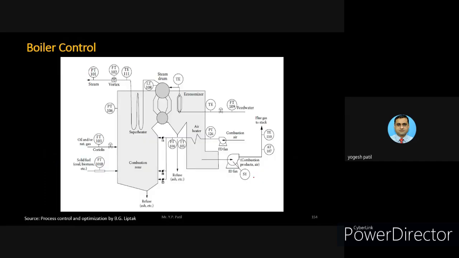So there are different parameters that are required to be monitored and controlled in the boiler. What are those parameters we require to monitor and control? Some of the parameters are highlighted in this boiler. If we start from the steam out, where the steam is the product, the pressure can be measured, the flow can be measured with the help of a vortex flow meter, and the temperature can also be measured and controlled. So these three measurements are incorporated in the steam side.